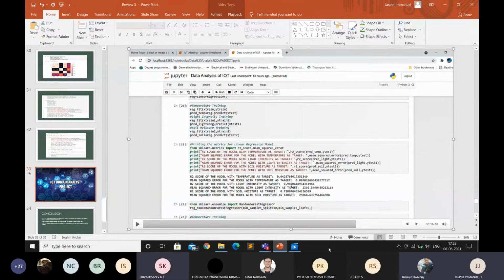At the same time, there must be some light intensity value. So at the same time, you will be using the soil moisture along with your light, and you will be predicting the temperature. Based upon that, you will be comparing your prediction and your real value, how much difference you are getting, whether that is sufficient or that is going to hamper the plant or not.